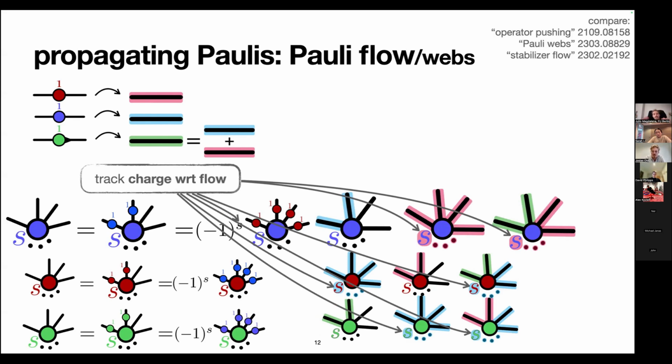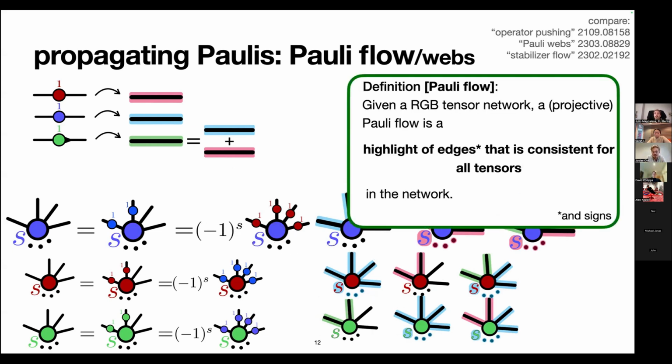We don't want to always keep -1 to the power, blah, blah, blah. This is very tedious, especially for very large diagrams. So we only keep track of this locally by adding this highlight, and we define a Pauli flow, or others call it Pauli web, others stabilizer flow. Choose your name, but we define it as a highlight of edges and signs that is consistent for all